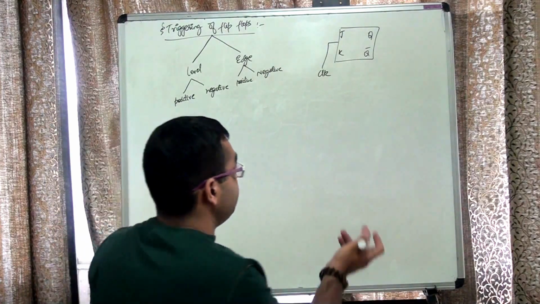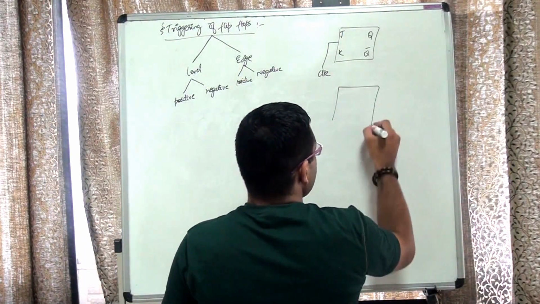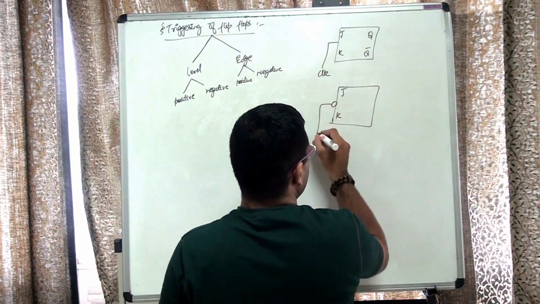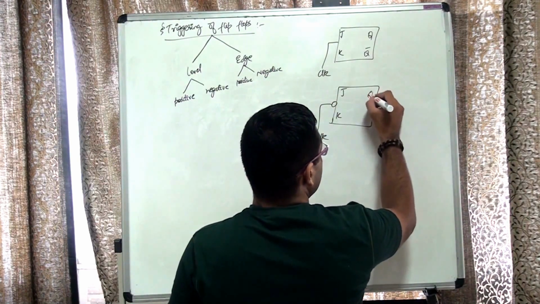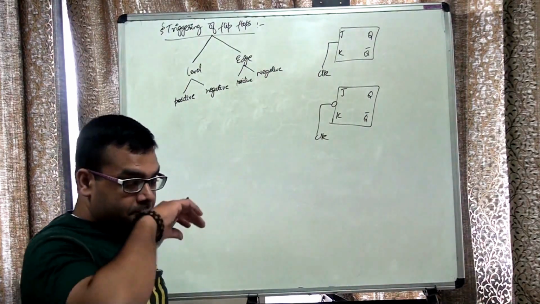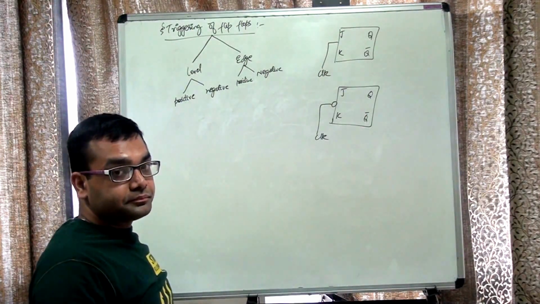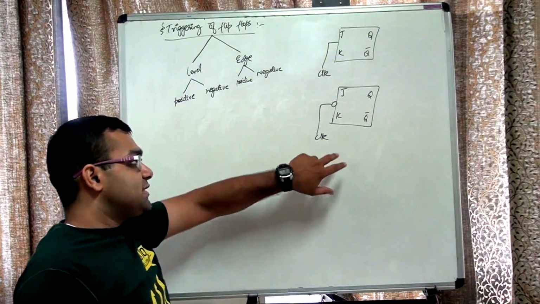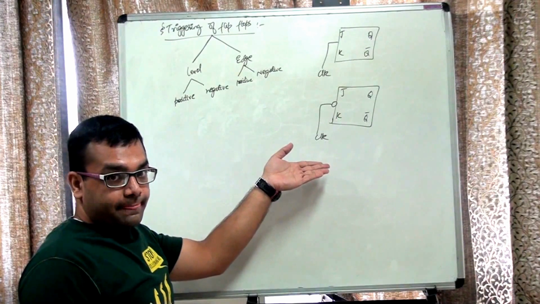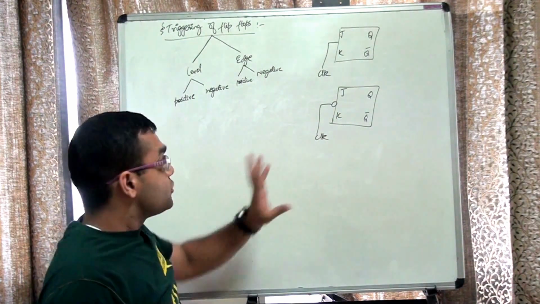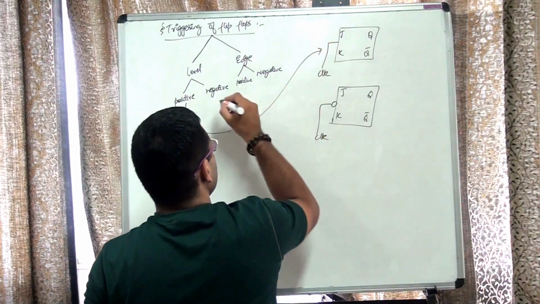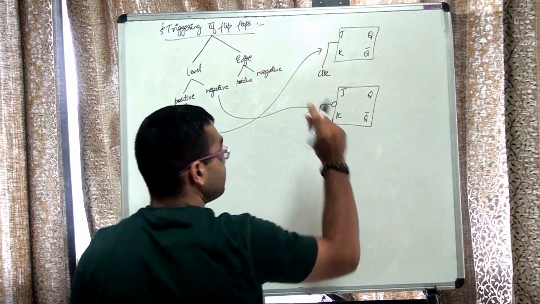Now, what if I complement the clock before applying it? Okay. Now you can see, if my clock is 0, then my flip-flop will work. If my clock is 1, it will not work. So the first corresponds to the classification of positive level trigger. This belongs to the classification of negative level trigger.